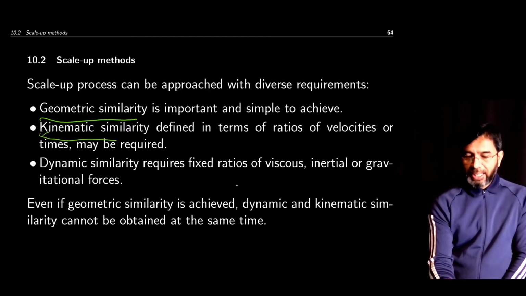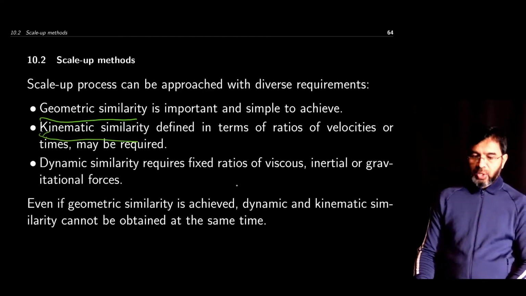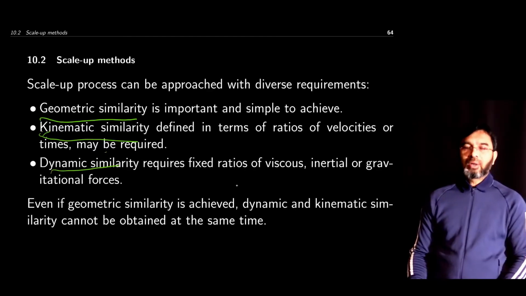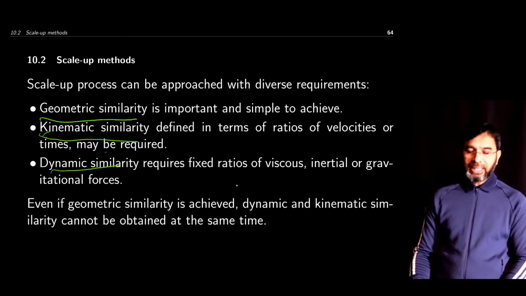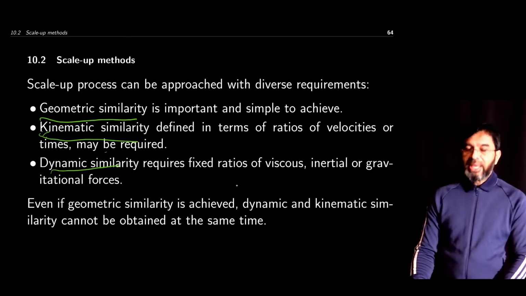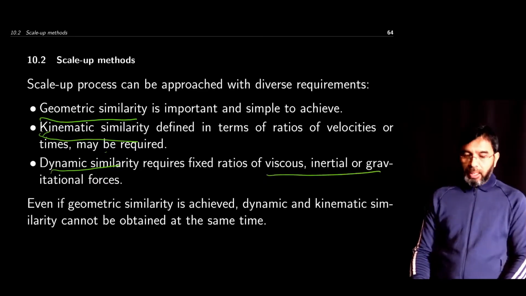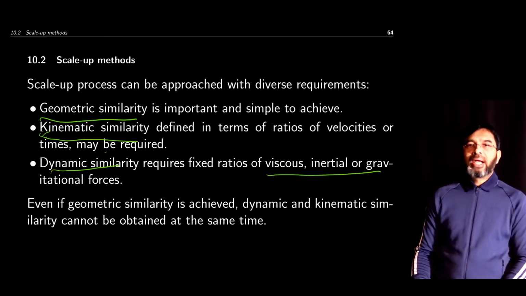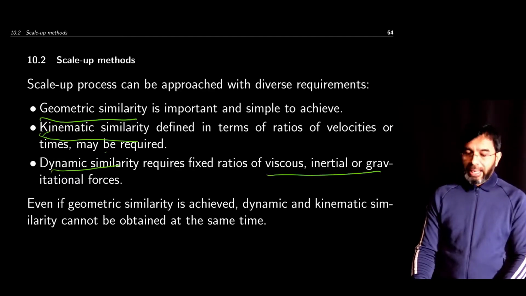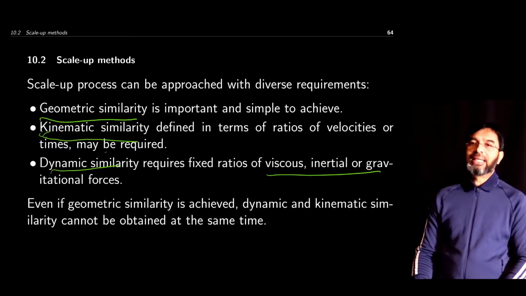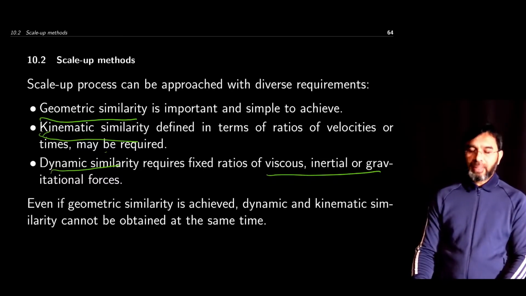For example, the kinematic similarity, meaning that the ratios of velocities and mixing time may need to be maintained. Another concept is what is called dynamic similarity. What it means is that it may be required to maintain ratios of viscous, inertial, and gravitational force. Now, even if geometric similarity is achieved easily, it may not be possible to achieve both dynamic and kinematic similarity at the same time. So there is a trade-off in what you want to achieve,